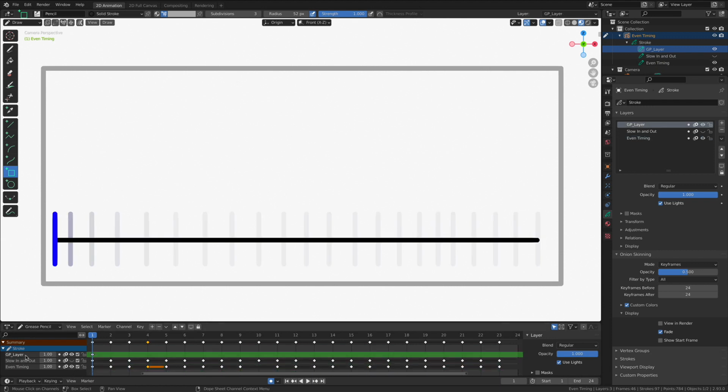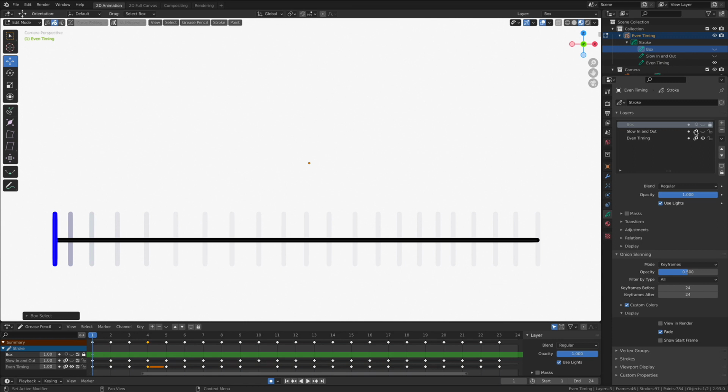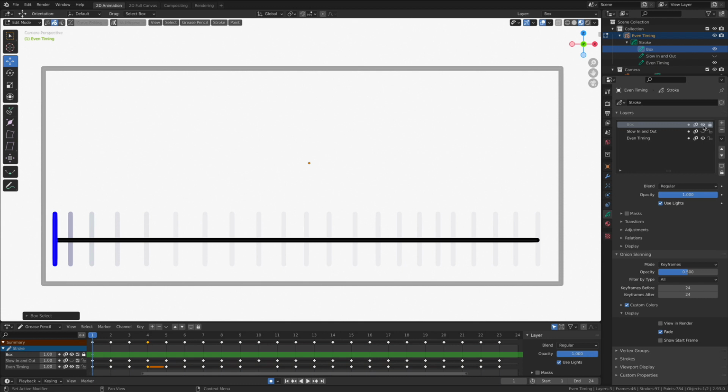I can select this layer. Let's give it a good name. I forgot to name it. Let's double click on it. We're going to call this box. There we go. Now, over here in my layers palette, this is kind of neat. I can lock it. That way I can't accidentally select it. If I go into edit mode, see how I can't select it? That's kind of nice. In addition, I can also turn on the onion skinning or off the onion skinning on just that one layer, which is pretty cool. Let's turn the visibility icon back on. Can unlock it as well.